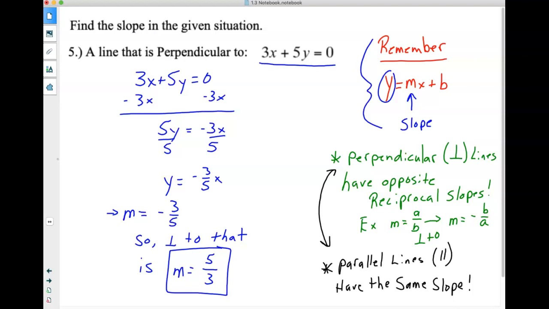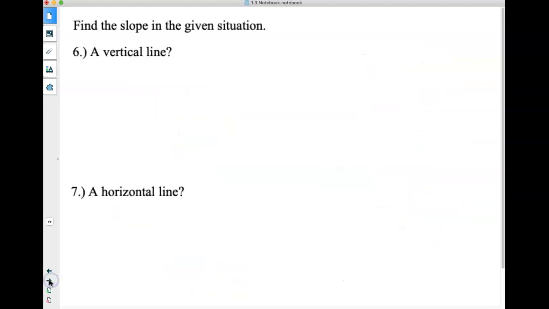Okay, 2 more examples here. Vertical, find the slope of a given situation, a vertical line. Now, when you look into my notes, it's going to say pick points. Well, a vertical line has undefined slope. It's undefined slope, okay? And the reason that is, when I say pick points, think of it, if I took the point,